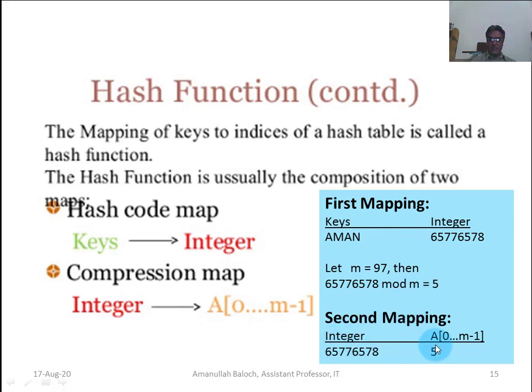First, the non-integer value, that is the alphabetic string, is converted into an integer, and then this integer, using the hash function, is converted into a hash address. This is two-way mapping. So the hash code map takes keys to integer, and then the compression map compresses this integer key into a smaller one. We have compressed this key and found its substitute, that is 5.